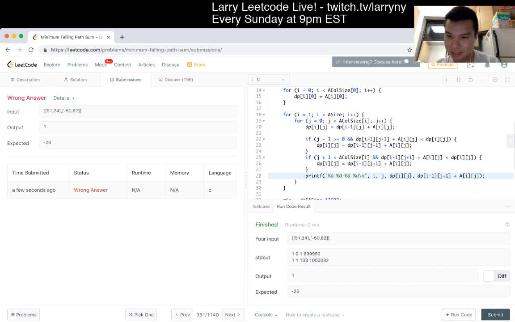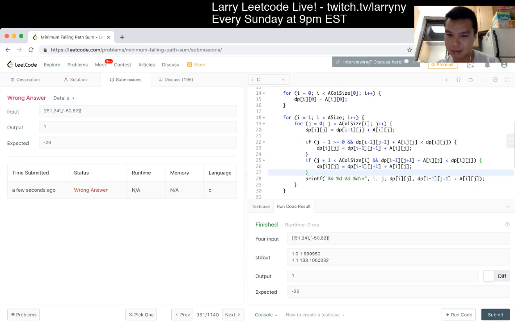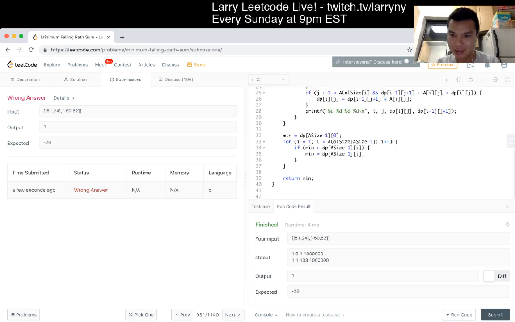Oh, it doesn't. Huh, that's odd. I guess we probably factor in some infinity somewhere, but